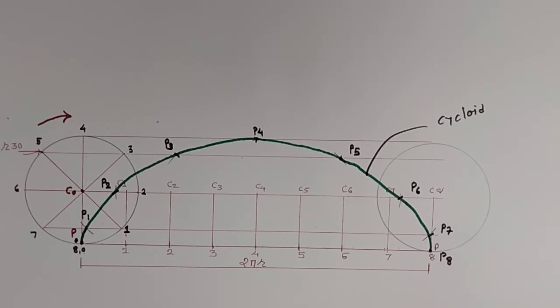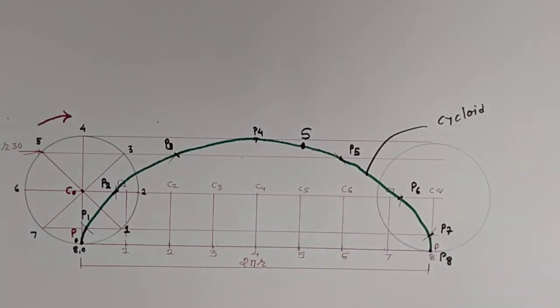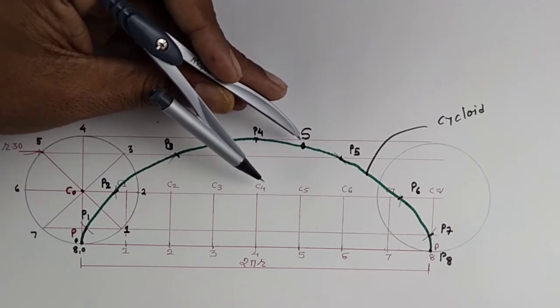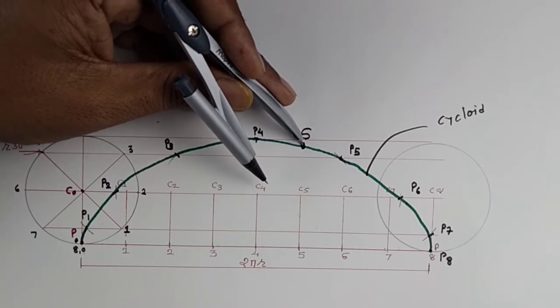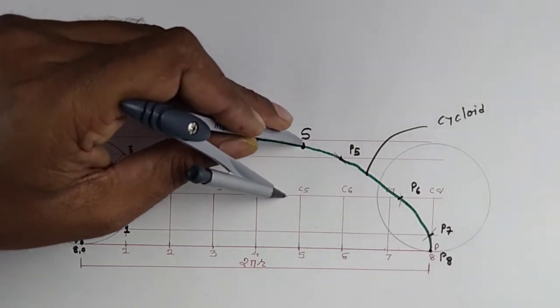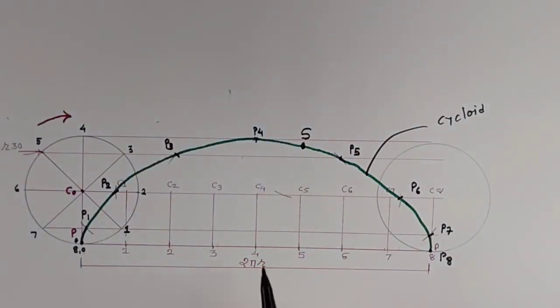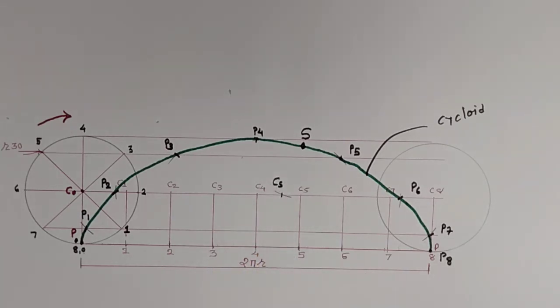Now draw the tangent and normal at a given point S. So I mark the S point here. We have one S point on the cycloid. So first we find out the center CS. Here we take the reverse step. We choose S as a center. Then first we find the center CS. So on the central line you have the center of the S point.